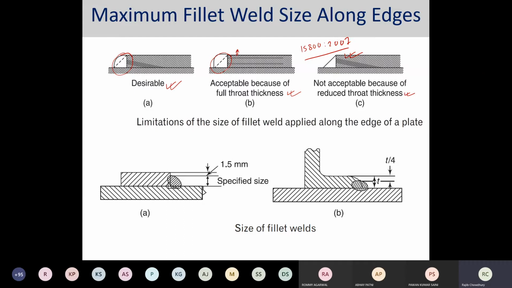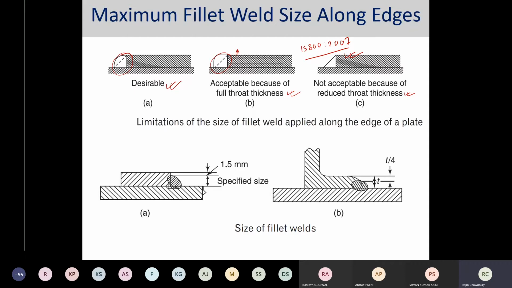Okay, now why do we require this minimum weld size? This minimum weld size is basically required in order to ensure fusion, in order to minimize the distortion, and in order to avoid the risk of cracking. So these are three different things that are required for making the minimum weld size.